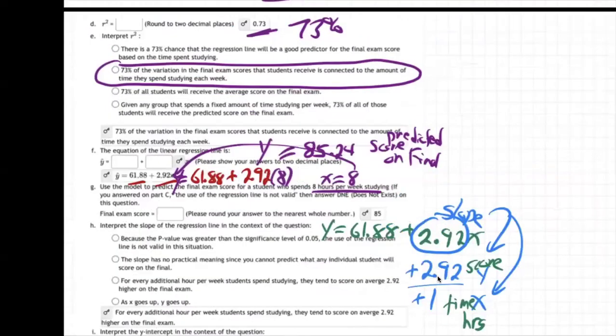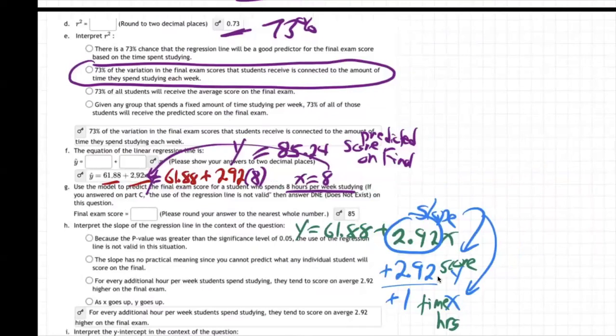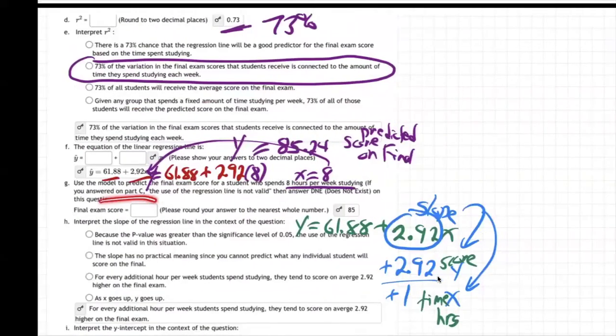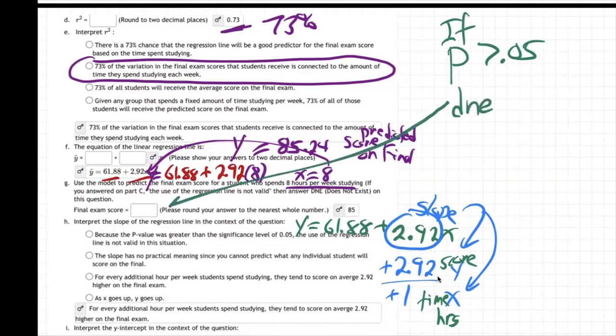And then you would come down here, and it says if you answered on part C that it's not valid, then you would just put D and E here. Why? Because you can't be using the model. You can't be using the equation if it's not valid. So that's the trick here. Do you understand that whenever our p is greater than 0.05, then we put D and E here on part G,